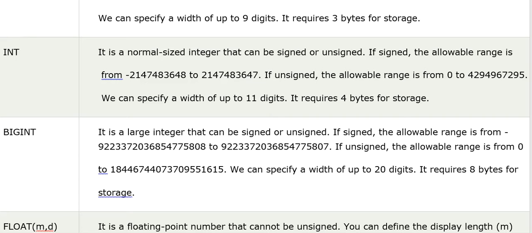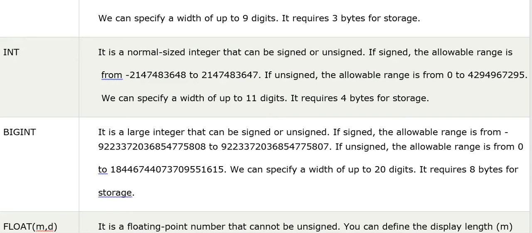The next one is the big int. It's a large number that can be signed or unsigned. If signed, the allowable range is a very big number, from -9223372036854775808 to 9223372036854775807. This is a very big number, that's why it is named big int.